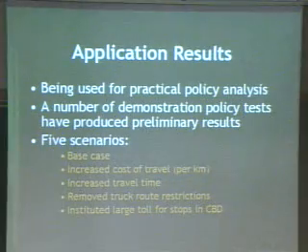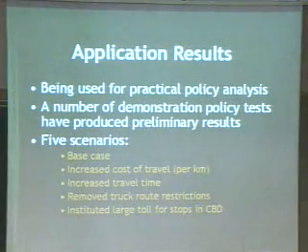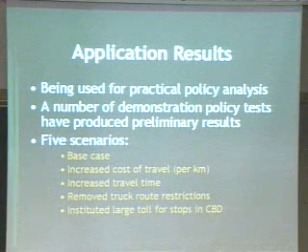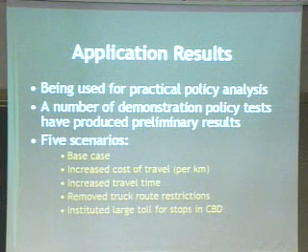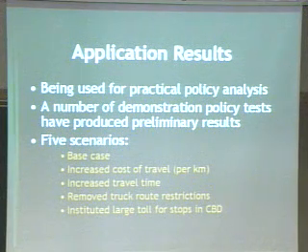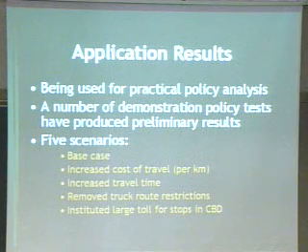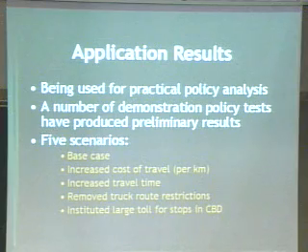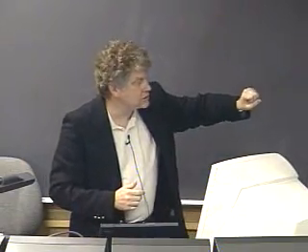All right? We are using this in practical policy work at the City of Calgary now. The household side model and the commercial movement model I've described here are merged together, and we do run policy looking at things. I've got some demonstration policy results here. They're still a little nervous about releasing model run results before there's been a proper political debate associated with them, so I'm on a short leash in this regard, and I can really only show some sort of demonstration policy